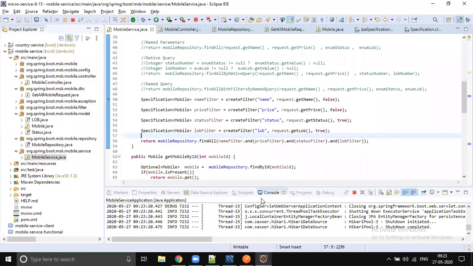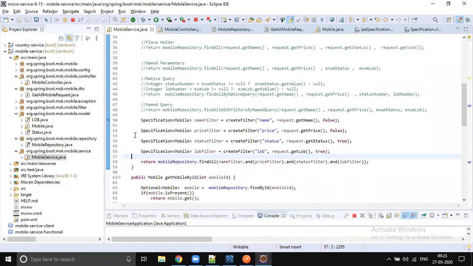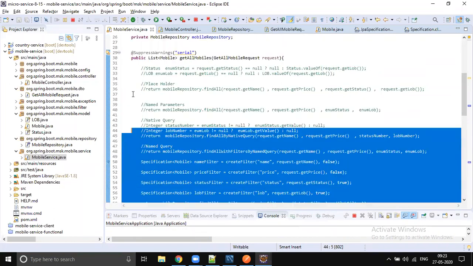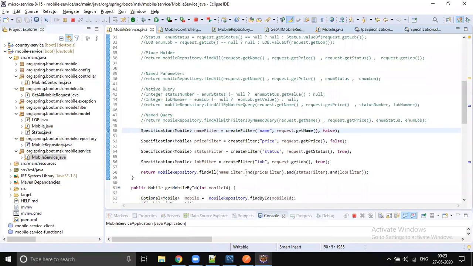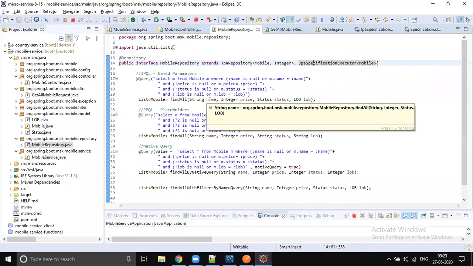The benefit is, tomorrow, if somebody came and asked, I want an OR condition, right? It is just a matter of copy-pasting this method and changing it here, instead of AND, OR condition. So that is also possible, right? So OR condition changes, AND condition changes. If it is a query, then you should go to the repository and change the query, right? Changing the query is a little complicated, and some exceptions will also come.